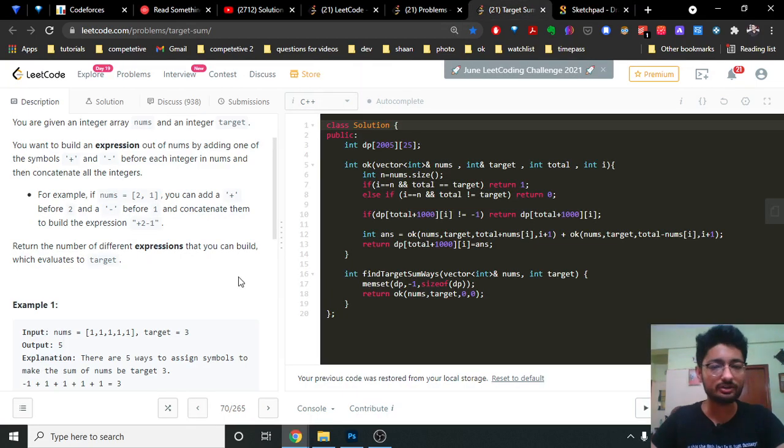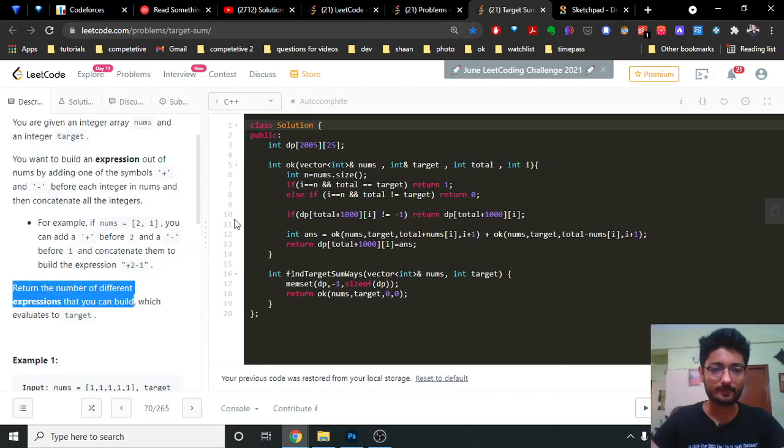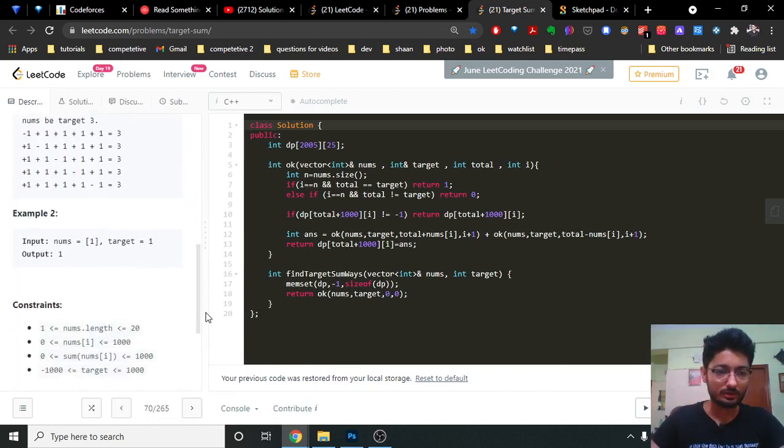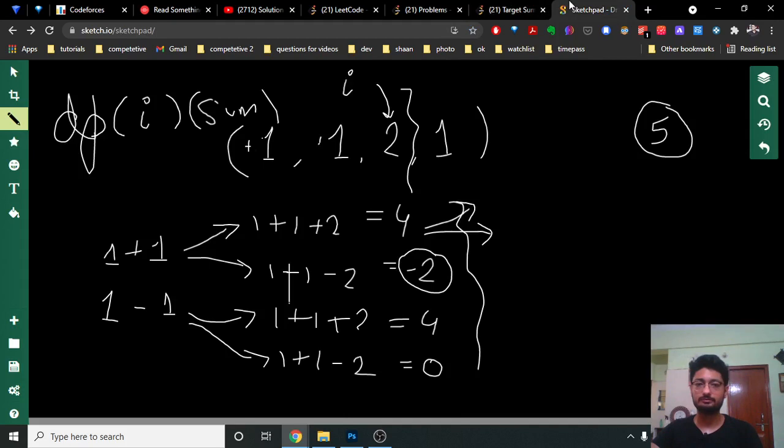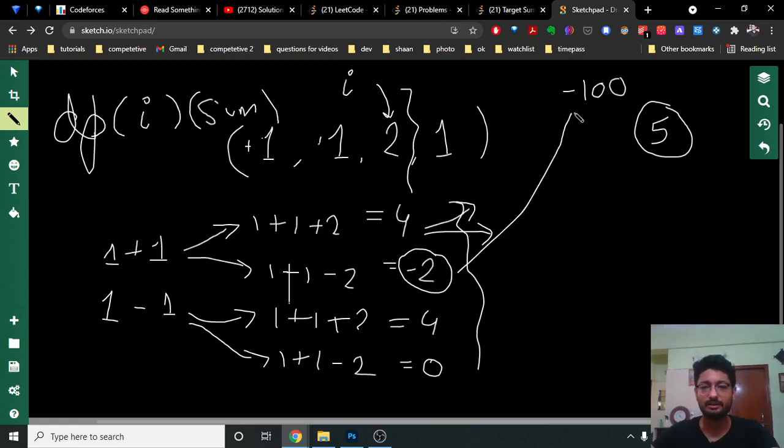So instead of that, what you can easily see here is the sum, like the target value, can be from minus 1000 to plus 1000. So it means that I want to somehow manipulate these numbers to reach a value of at least minus 1000 and a maximum of 1000. So what you can do here is instead of taking minus 1000 as a target, because the sum can become minus 1000, not to reach this minus 1000 value.